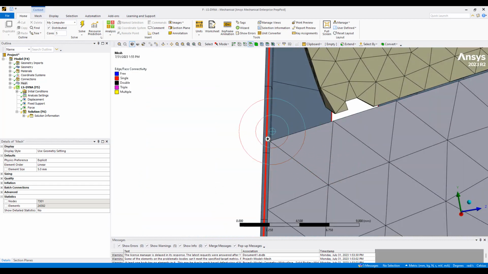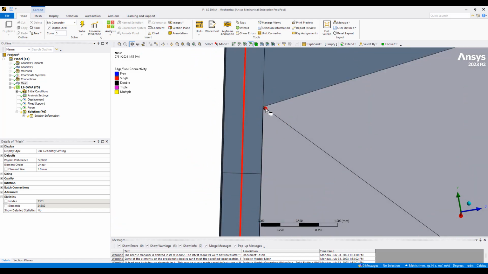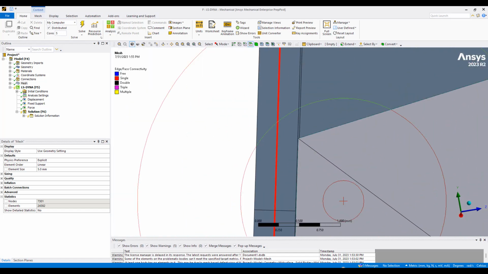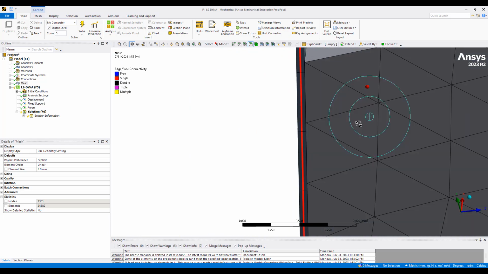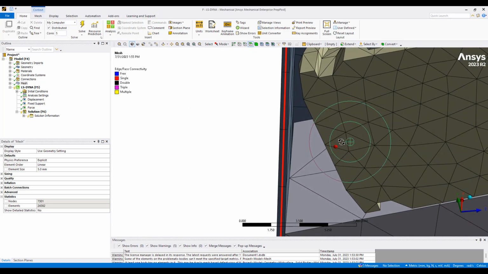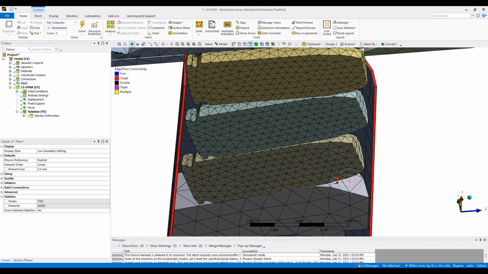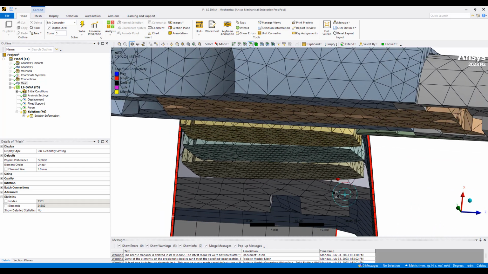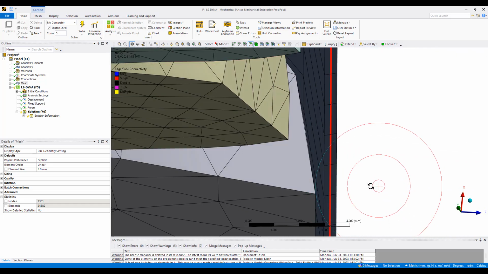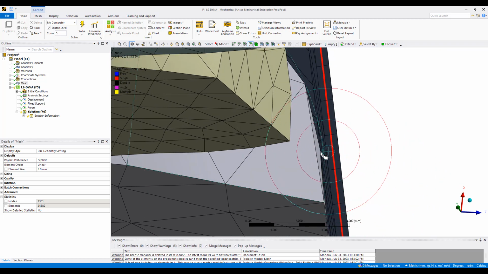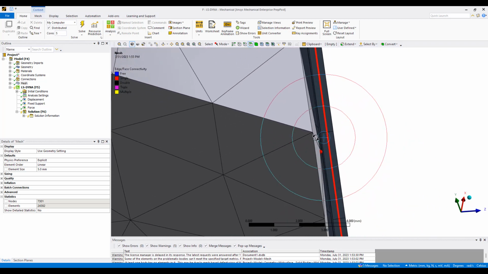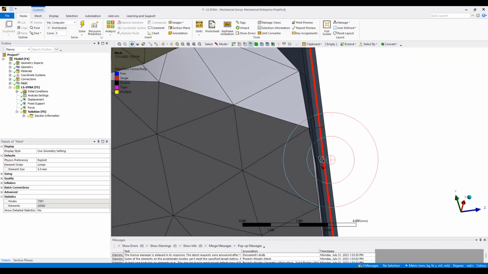So I want to double check to make sure. For example, here it's pretty close. It's not quite touching. Hopefully it doesn't touch, but because this is a cylindrical surface, it actually looks fine over here. But something we do need to worry about is whether this node, for example, is poking into or having any overlaps with my